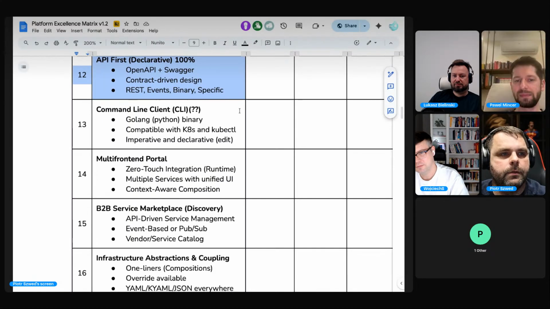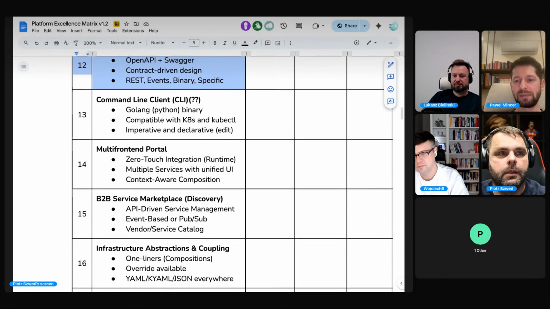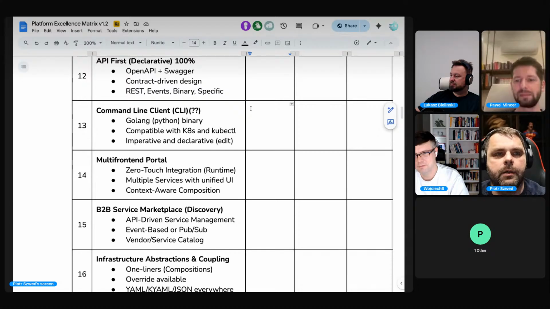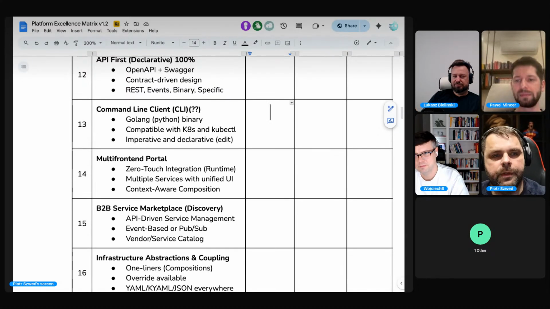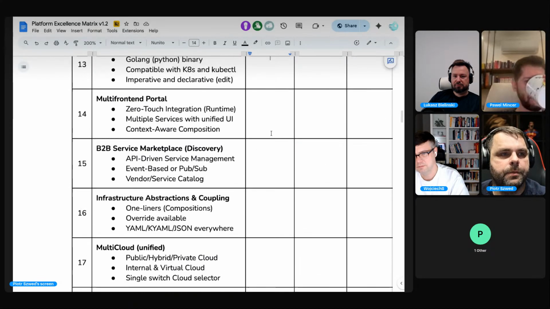Okay, so I believe there's nothing to discuss here. Of course, there are tools like, for example, Spacelift, which can abstract the way Terraform works under the hood. So they offer a kind of layer of APIs on top of the tools which don't provide APIs by default, right? So there are many different ways of mitigating the problems. We don't care how it is implemented. If you have an API, it can be a part of the platform, but if you don't have any APIs, it's not like that, right? So even if this is implemented in a different way with some wrappers or other tools, it's fine, but the API has to be there.